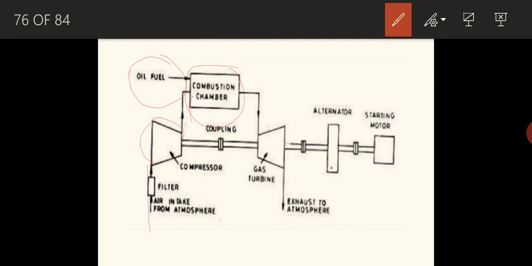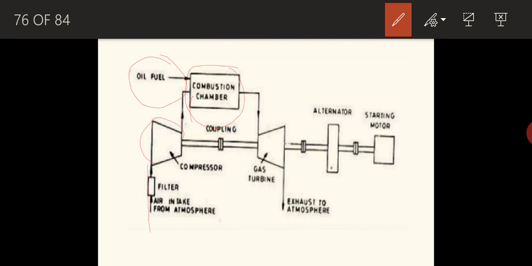There also the same thing is happening. The air is taken into the combustion chamber and the fuel is supplied, but the only difference between these two is that in the internal combustion engine or diesel engine power plant, inside the engine we have the piston arrangement. After combustion the power is exerted on the piston, so the piston moves to and fro, which is converted into mechanical energy or rotary motion, then connected to the alternator. That is what is happening. But here there is no moving part inside the combustion chamber. The only purpose of the combustion chamber is to carry out the combustion process, that's all.